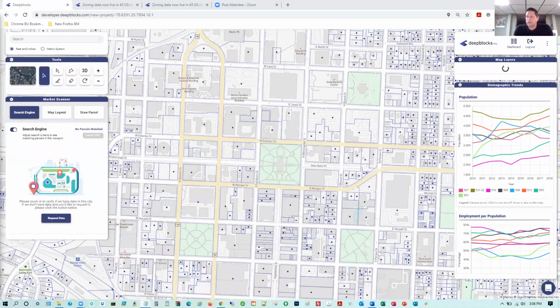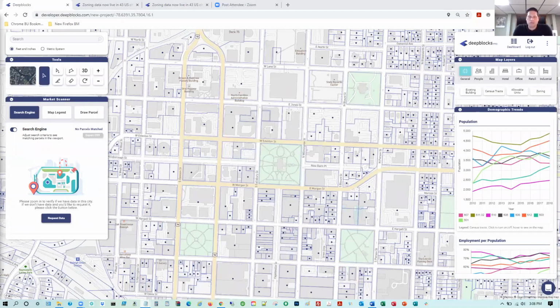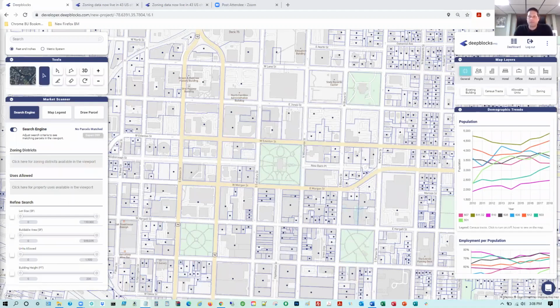The key point today I want to demonstrate is how we can go through thousands and thousands of parcels and within minutes narrow down that search to just a handful of properties and begin our evaluation and site selection. Then we select that site, go to that preliminary underwriting interface, and start evaluating different development scenarios based on the use that might meet your needs. I'm probably going to go through two different examples of preliminary underwriting after we narrow down our sites.